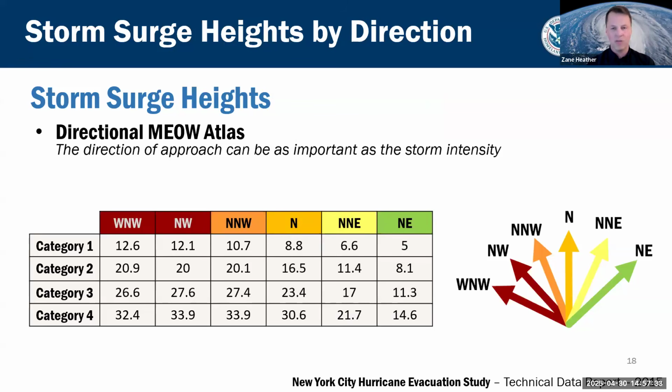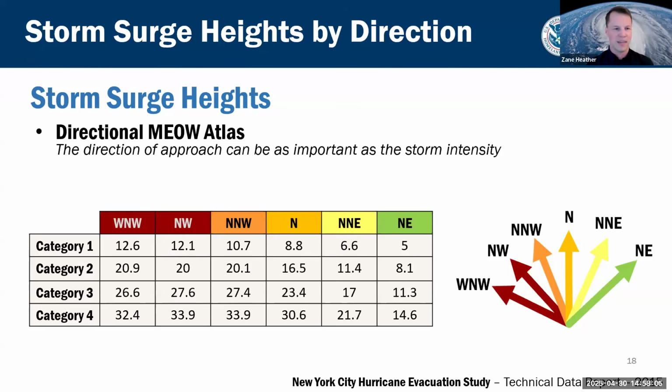So previously we talked about using the MOM, which is essentially tied to the category of storm. As you all now know from that last presentation, MEOWs don't only look at storm category, but also additional storm characteristics. Those characteristics are angle of approach and forward speed. And so New York City can make an informed planning and operational decision based off a storm forecast to what evacuation zone they should be calling, not only on the category of storm, but also how it is approaching the coast and the forward speed at which it's traveling.